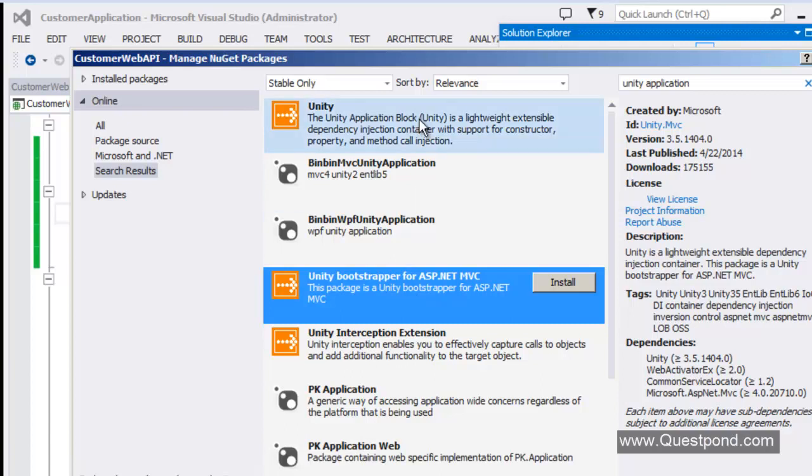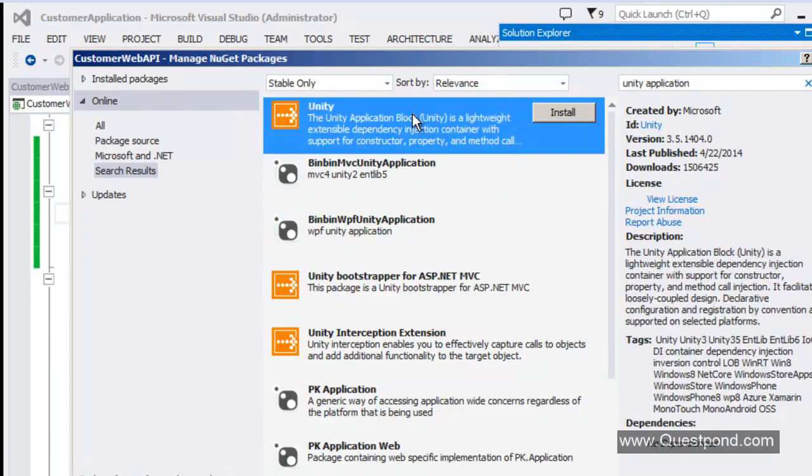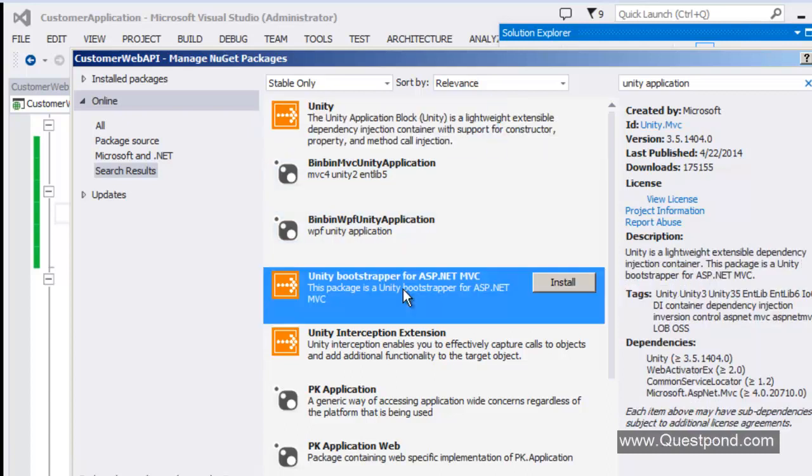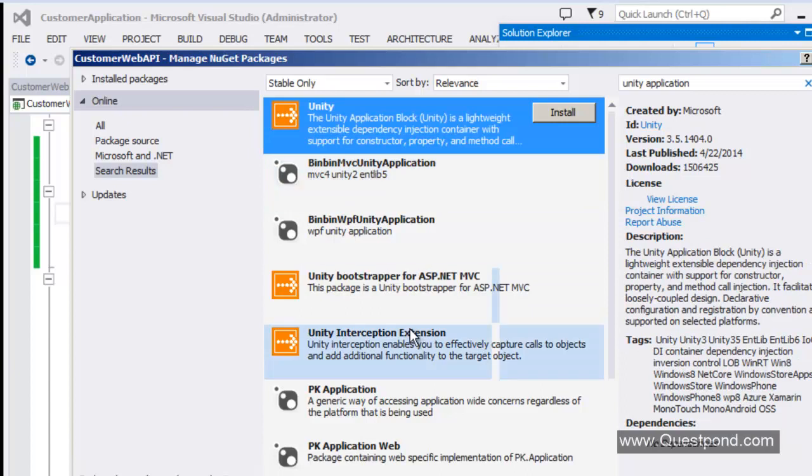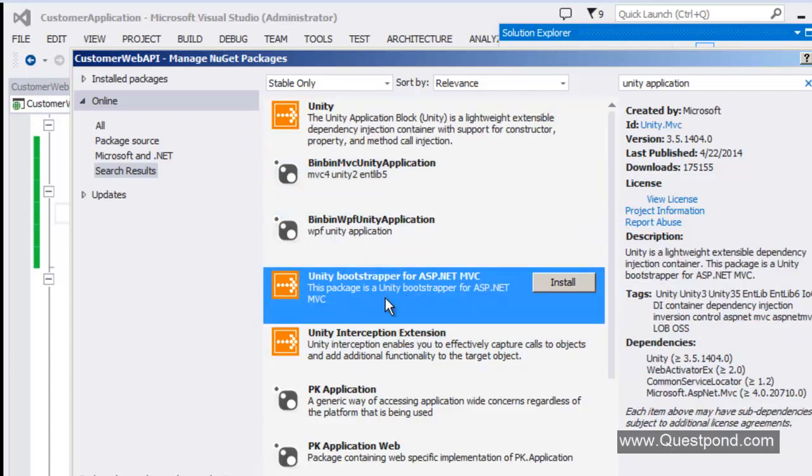So rather than using the core framework, we will use this, because in this you get some ready-made shell code so that you don't have to write the bootstrap logic. Rather than using the core framework and doing everything from scratch, we will use this. In case you want to understand how the core framework works, please see the design pattern videos for that. But at this moment, I will install this.